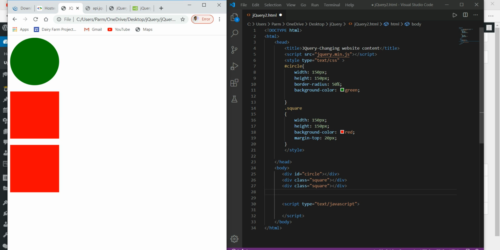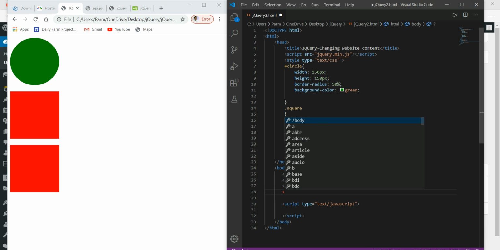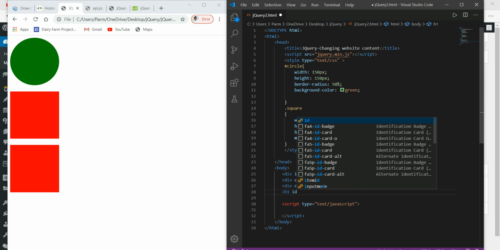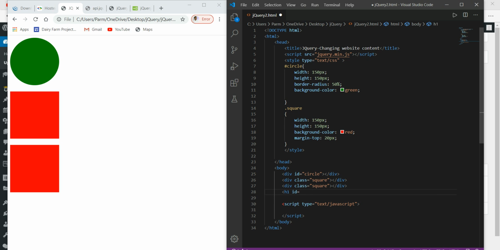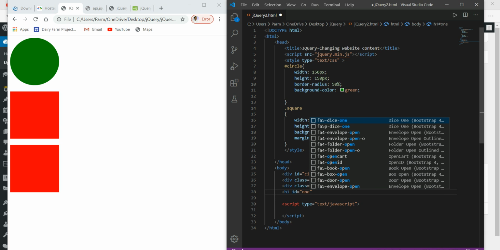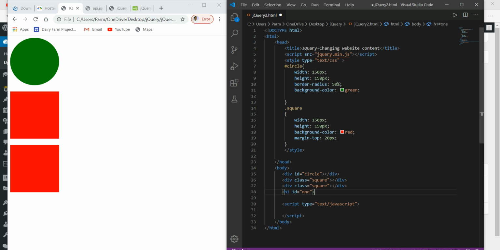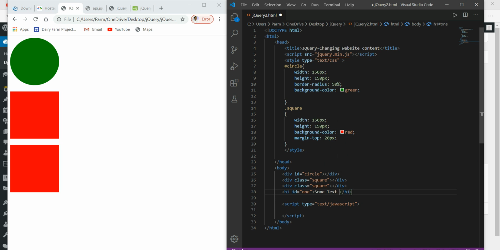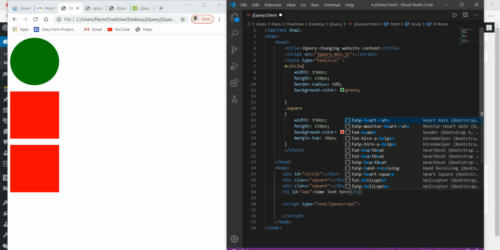So for this I will take a header element, say h1, and to this I will give an ID. I'm just giving the ID as 1, and here I write some text here.